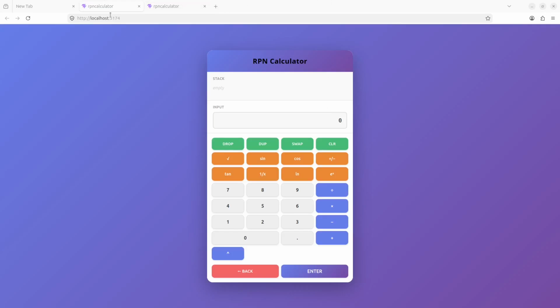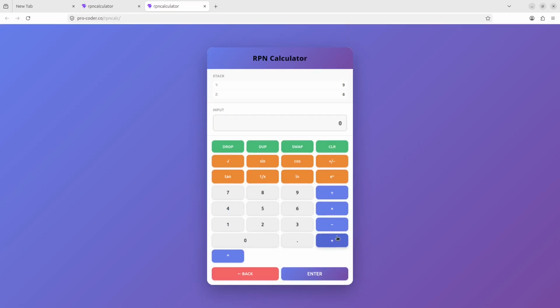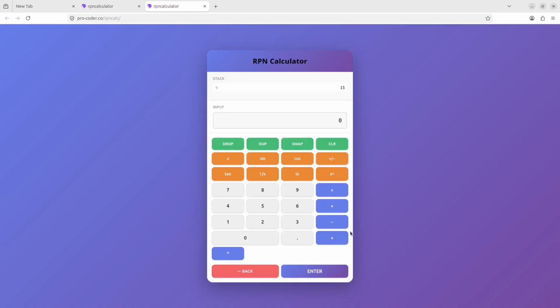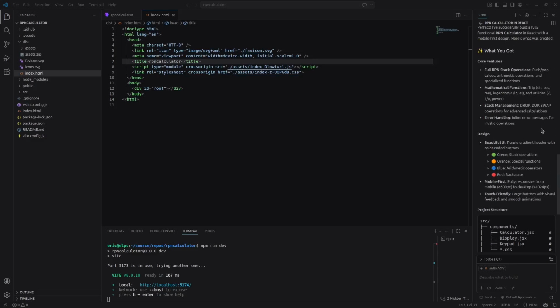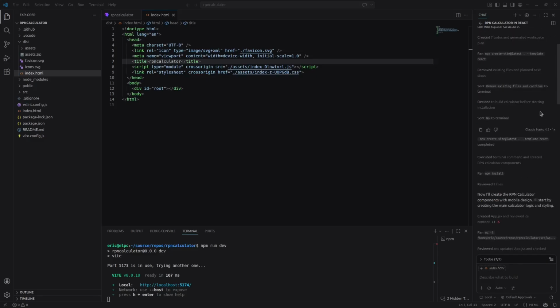Okay, now we have, here's the localhost. This is running on the VS Code instance, and then this one here on my live URL is running under RPN Calc, and it's the same as when we were running it in the local environment, but now this is actually out on a live web server. And in about 13 minutes we have, from an idea that we wanted to build here in AI